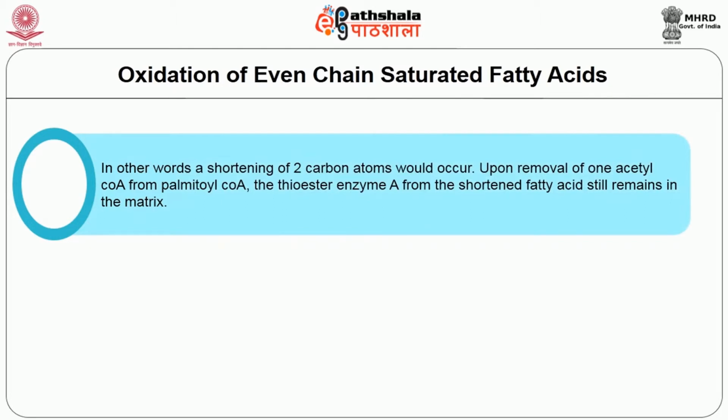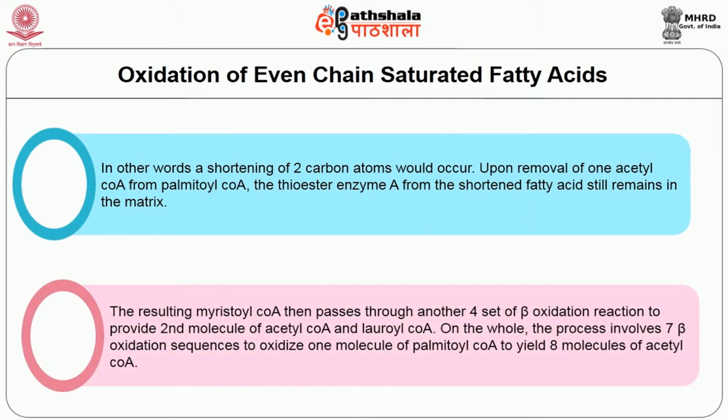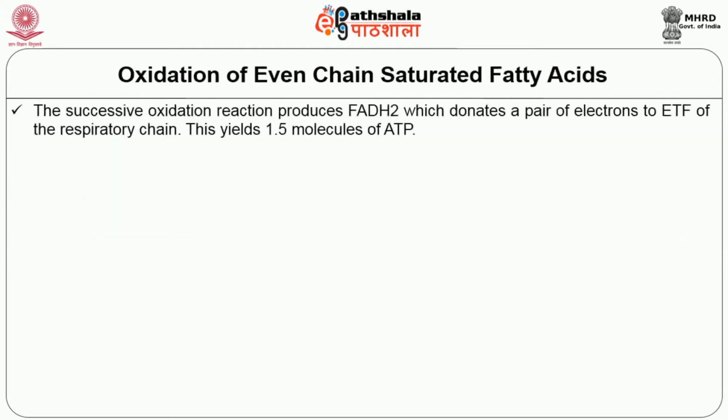Upon removal of one acetyl-CoA from palmitoyl-CoA, the thioester enzyme A from the shortened fatty acid still remains in the matrix. The resulting myristoyl-CoA then passes through another 4 set of beta oxidation reactions to provide a second molecule of acetyl-CoA and lauryl-CoA. On the whole, the process involves 7 beta oxidation sequences to oxidize one molecule of palmitoyl-CoA to yield 8 molecules of acetyl-CoA. The successive oxidation reaction produces FADH2, which donates a pair of electrons to ETF of the